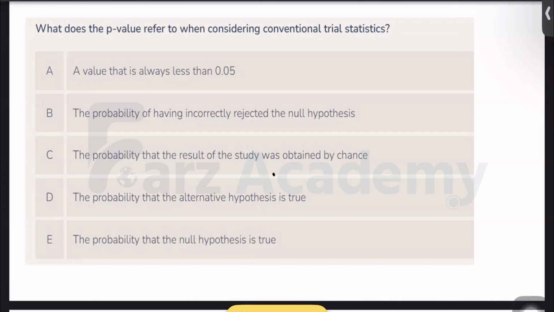But once your p-value becomes smaller and smaller, that means the chance of error is becoming smaller and smaller, that means the significance of the study is going to increase because error is less, right? Once the error is less, you have sufficient significance or evidence to prove that there is a difference. And that is why smaller p-values will hold evidence to reject the null hypothesis and accept the alternate one, right? So before commenting that there is a significant difference, you have to make sure the error is least. That is why lesser p-values will give you more and more evidence to accept the alternate hypothesis, to reject the null hypothesis.